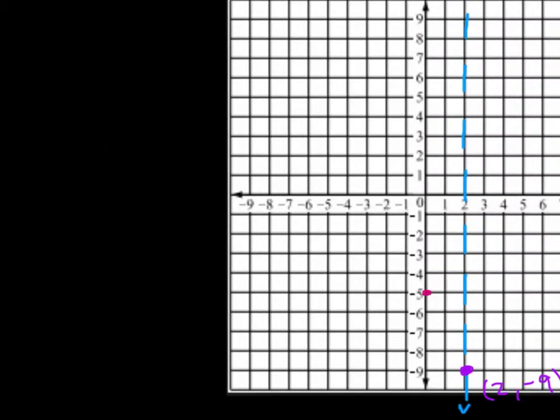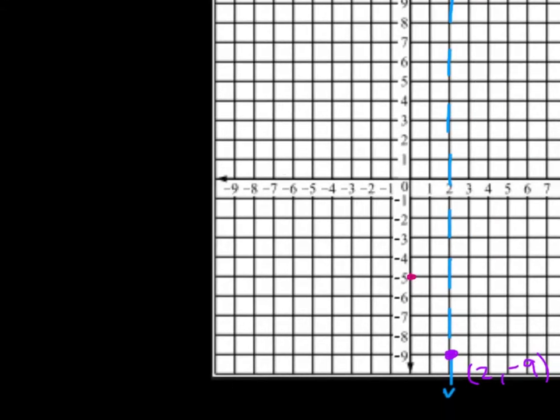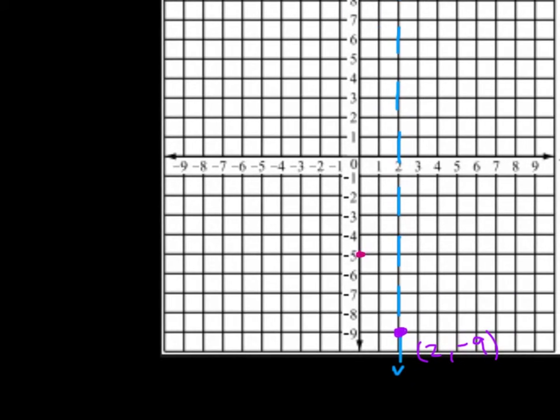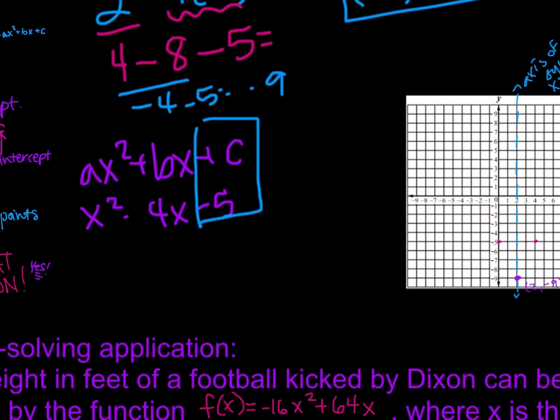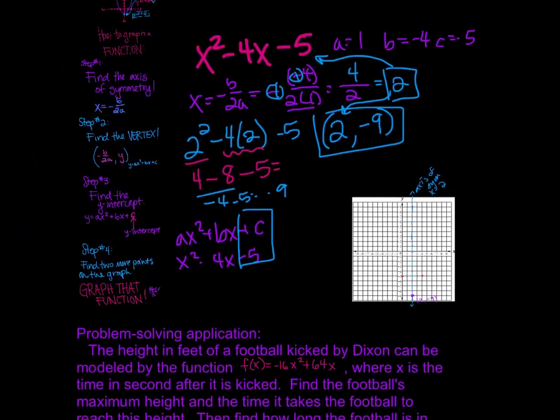So there's our y-intercept, and what's interesting is because that is on one side of the axis of symmetry, we can actually just go over 1, 2 to get to the axis of symmetry, 1, 2 away from it, and now we have one more point. That's kind of cool. Last little step, we need to find a couple more points to graph that function, and